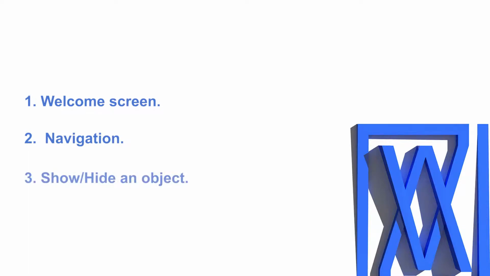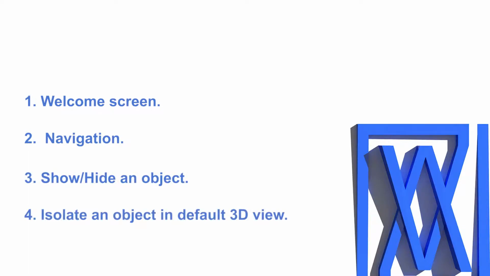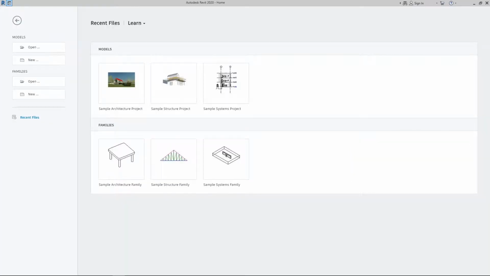Virtual art. In this video we're going to talk about the home screen in Revit, and the navigation. Also we are going to talk about how to show and hide an object and how to isolate an object. So let's get started. Here we have the home screen where our recent projects that we have opened are going to appear,